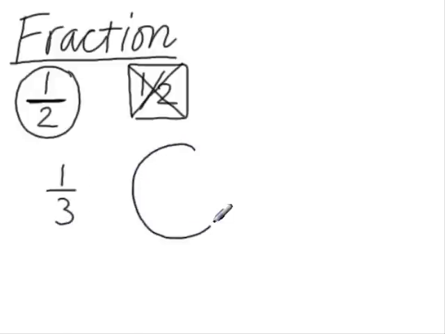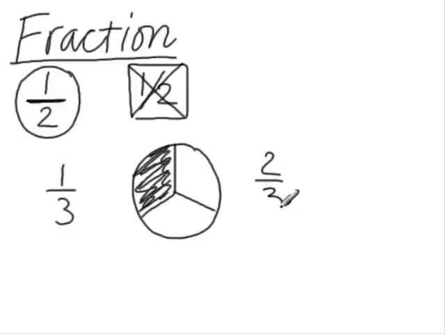1/3 means thirds: that the object, whatever it is, a pie, an apple, a piece of bread, is divided into 3 parts, thirds. And how many parts are we looking at? We're looking at 1. 1/3. Now if we had 2/3, again, our pie is divided into 3 parts, but we're looking at 2 of them,